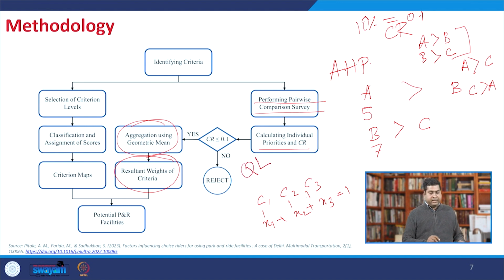On the other side, based on this criteria, we have also decided some criteria labels, and then we have done some classification and assignment of scores for those labels, if that is present, which is having some sort of spatial value. Those labels are also checked through literature and also discussion with the expert, to see whether it is justified. And after that we develop the different criteria maps, and finally we overlap all the maps to get those potential